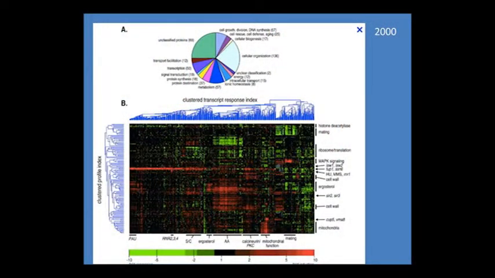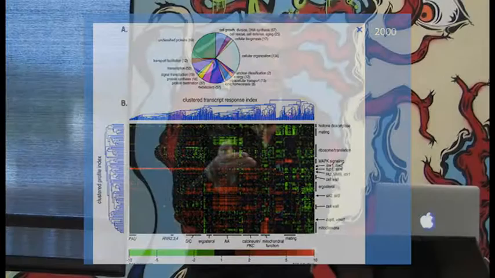Tim Hughes did it with us. And what we did was we used heterozygous and homozygous knockouts across the entire yeast genome. And we built up a compendium of 300 important ones of those. And then we used that as a way to go in and query unknowns, unknown conditions, unknown compounds. And we found that it was remarkably informative.